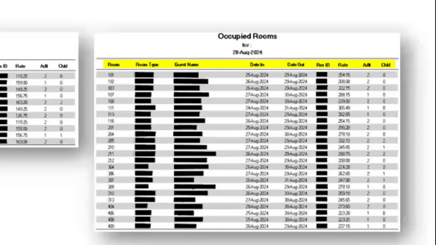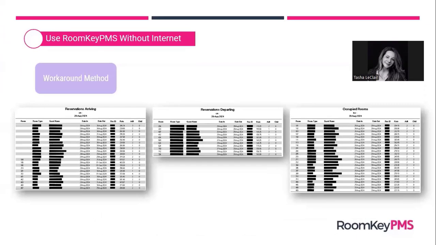So any of the guests that have already checked in or are already staying over and are marked as in-house in the database. So as you go through, it is still recommended that you notify guests if they're coming down to check out. They'll be a part of the reservations departing report. You'll want to let them know that there is a technical issue and that you'll have to issue their folio